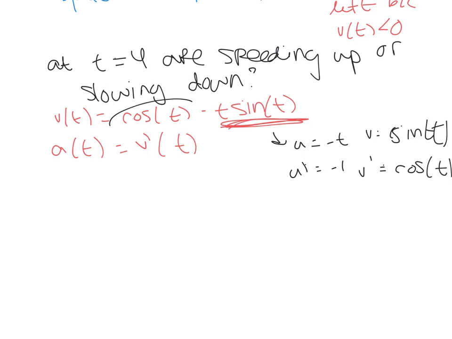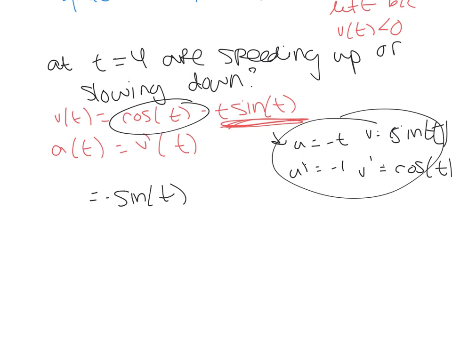Okay, and then don't forget the derivative of cosine is negative sine, so when I put all this together, I'm going to get negative sine from that first cosine of t, and then I have to put this together to do the derivative of my next term. So negative sine, so u prime times v would be subtracting again, so negative sine of t again. Okay, and then negative t times cosine